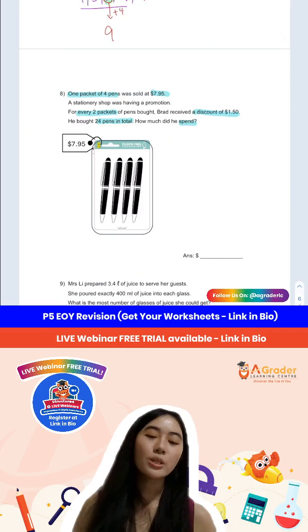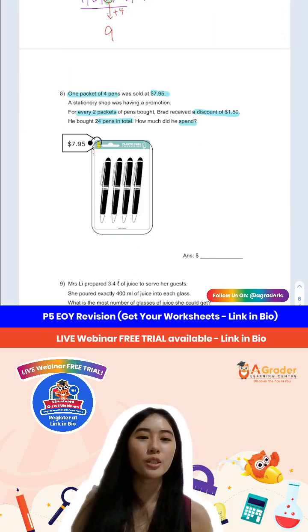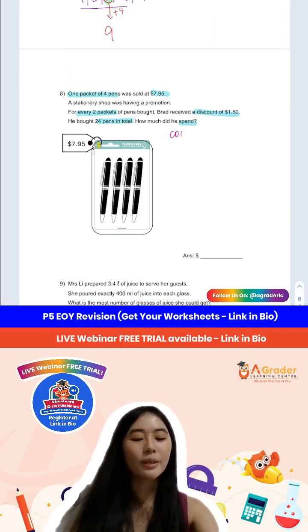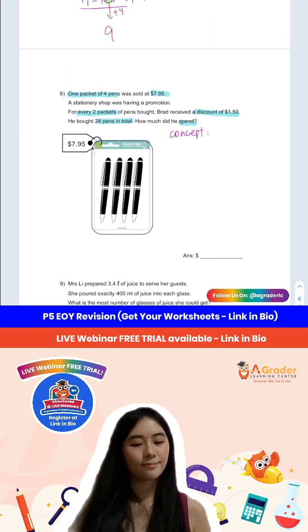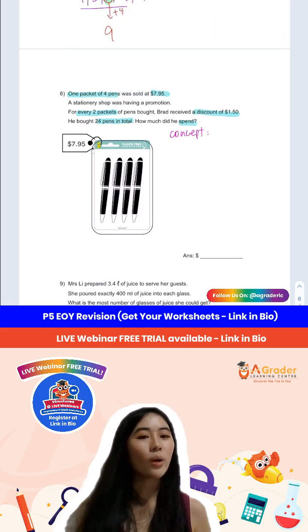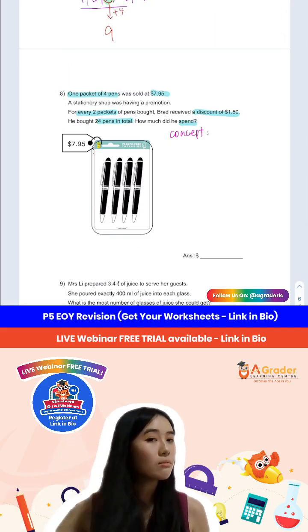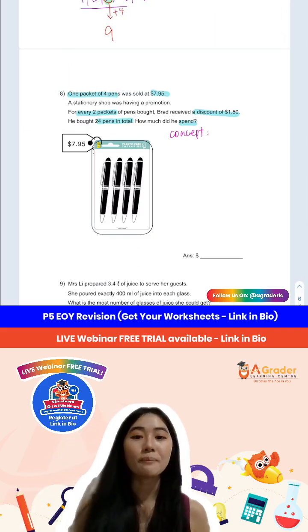This question, you can use a certain concept. Which concept should you use for this question? Maybe you can identify the concept first. Okay, YS, correct. David says the concept is sets. Not wrong. I think that's one way to describe the concept. 2970 is not the answer. I think you've got to try again.